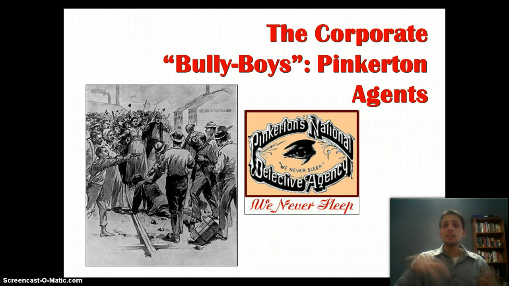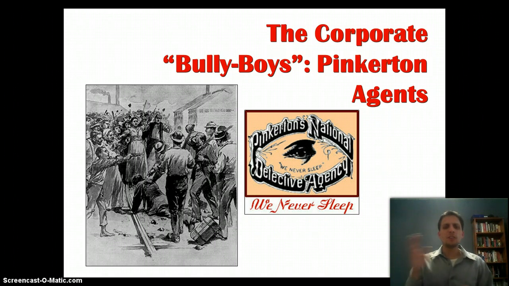And so he's going to hire the Pinkertons, like I told you guys about earlier, as a police force to make sure that the scabs get to work and that these union members do not cause any problems. And what happens again is that violence breaks out. This again becomes a violent situation, and it lasts for a while. It becomes almost like a mini war here in these places.